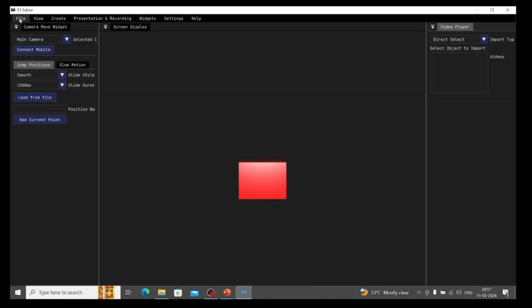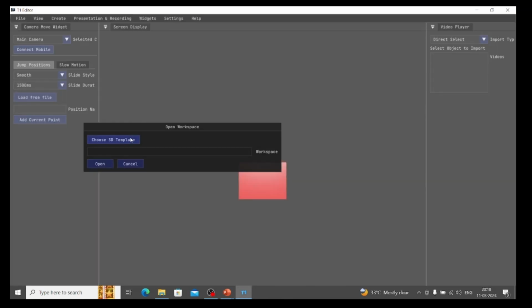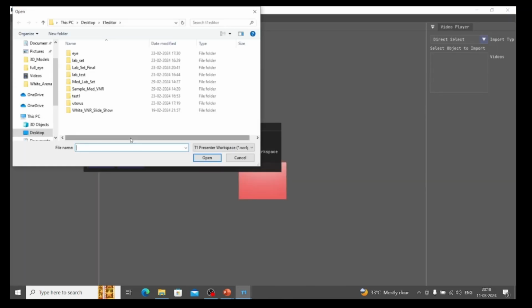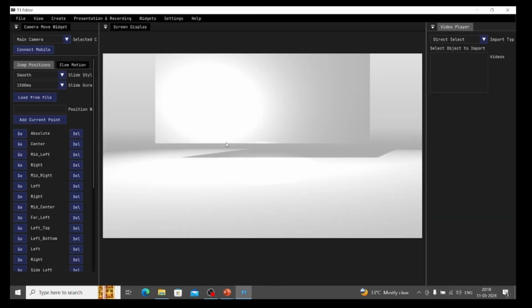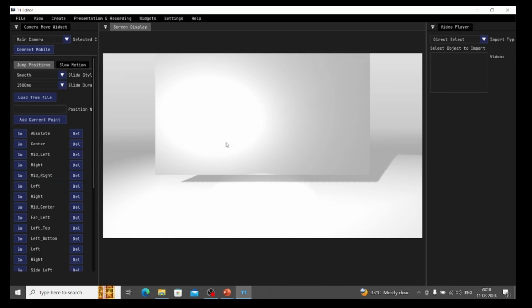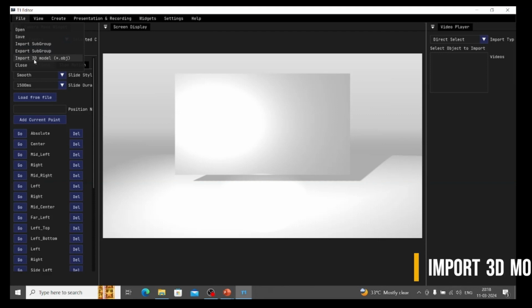So in this tutorial, we'll see how we can import a 3D model. So first, we'll open our scene. So choose 3D template. Void arena, open and open. So now you have opened our void arena, which is a white canvas, and now we will import a standard